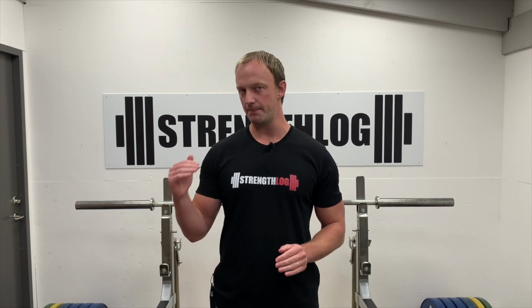But what if you want to use volume as your method of progression, but you still don't want your workouts to expand too much in time? Well, strategy number 4 is to use the same weight, but try to increase the number of reps you can do in a given amount of time. For instance, let's say you use 100 kilos in the bench press and you set your time constraint at 10 minutes. Then, each workout, you try to complete at least 1 more rep in those 10 minutes than you did last workout. When you reach a target number of reps, say 50 reps in 10 minutes, you increase the weight